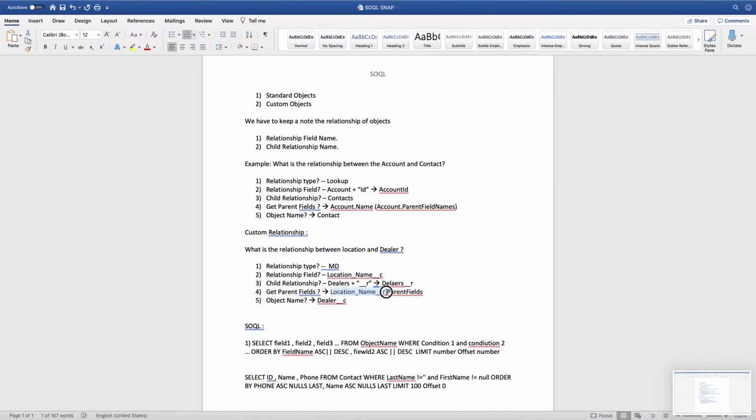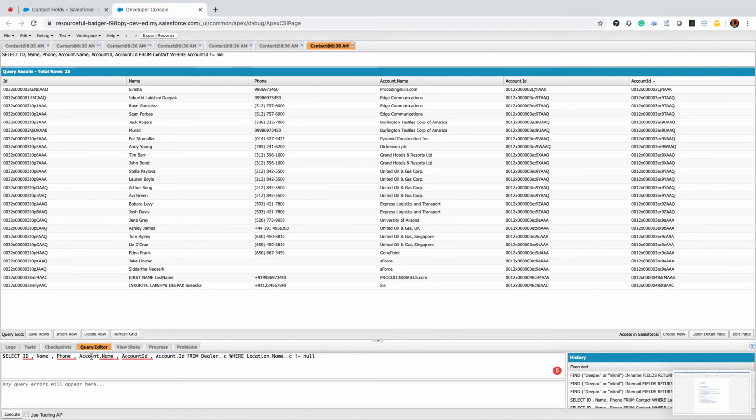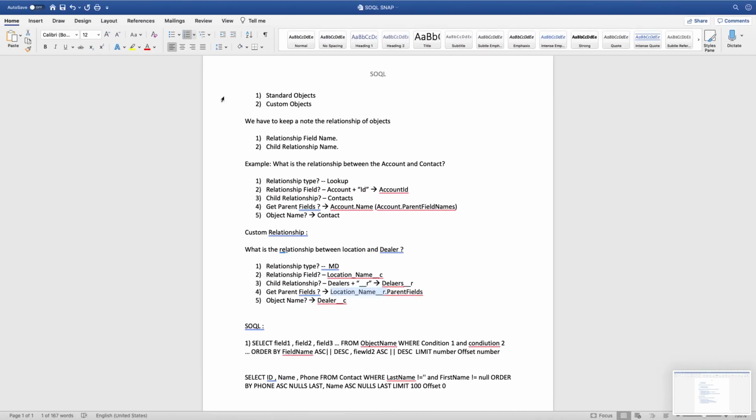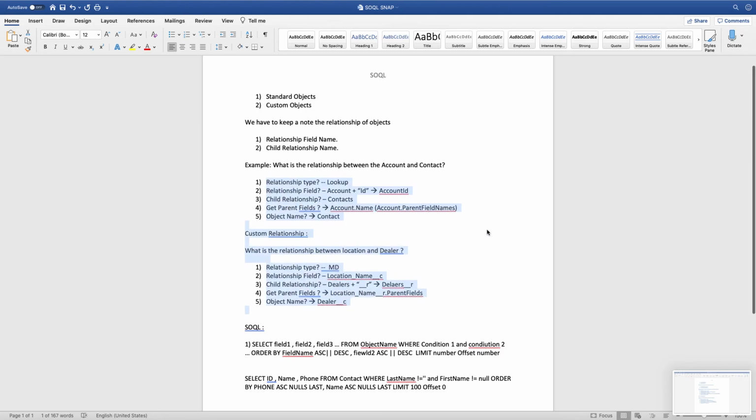Dealers, location name dot, location name dot, underscore c, or dot ID. Here we don't have a phone number, better take it out. And we have two dots, which is not good. Got it? Here also the same concept. If I try to edit here, it will go to an object. I can modify here. See, both things are the same, but you need to remember how to get these details before you start a query. Clear?